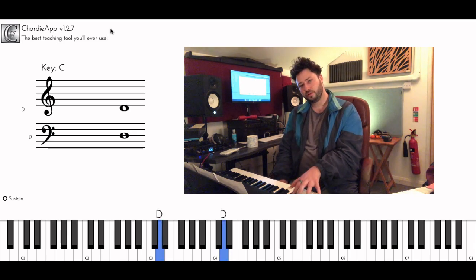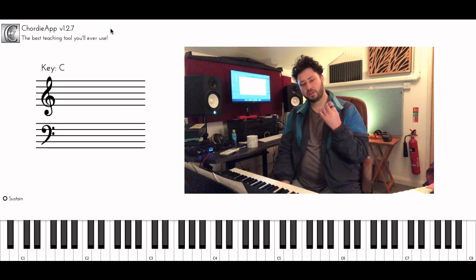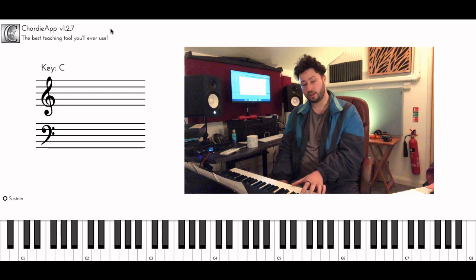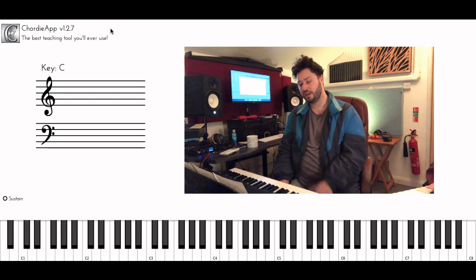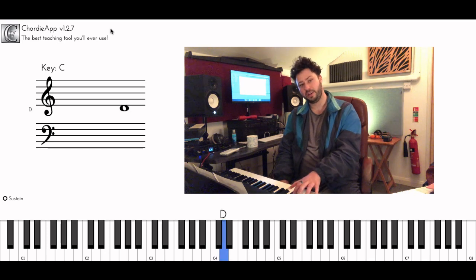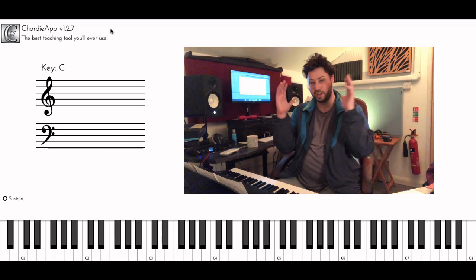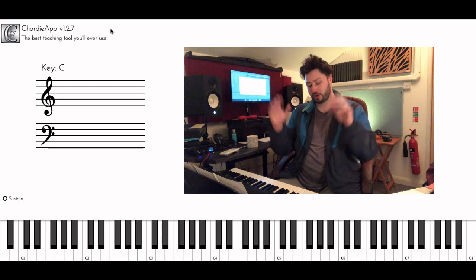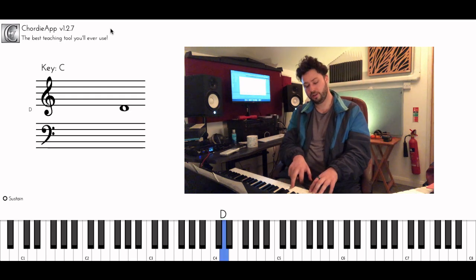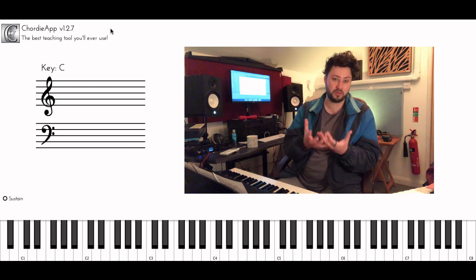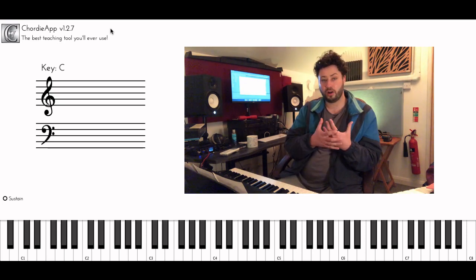So this interval is an octave, and these two notes have a special frequency relationship. These two Ds, they're both called D, and the relationship frequency-wise is that the higher D has double the frequency of the lower D. So that means it's vibrating twice as fast. The air is vibrating twice as fast when I play this note versus this note. And that's what an octave is. It means that we've doubled the frequency of our note.